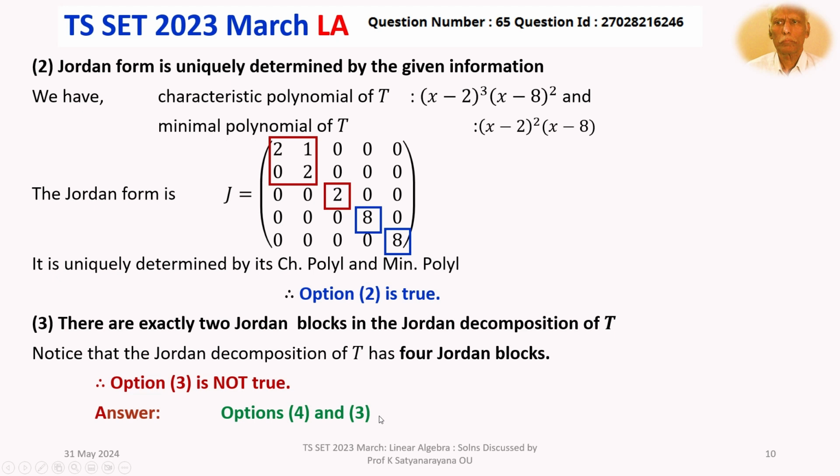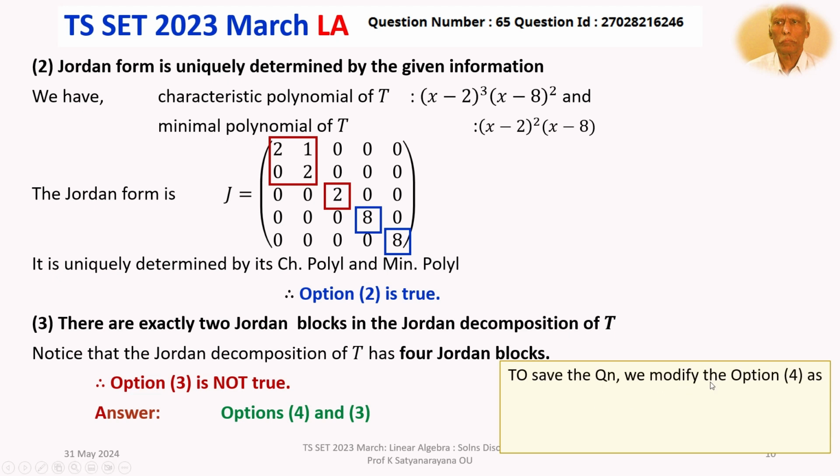To do that, I suggest that we modify option 4. Now we will give it as: the eigenvalues of T are 2 and 8. The actual option 4 was: the eigenvalues of T are 0, 2, 8. But now that is modified to 2 and 8 only.